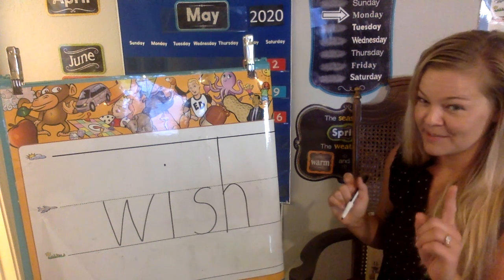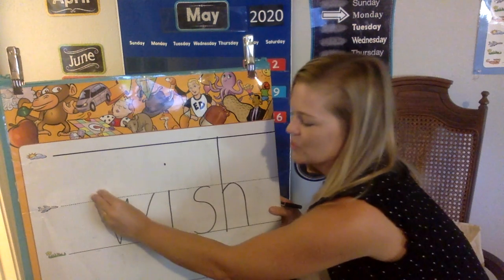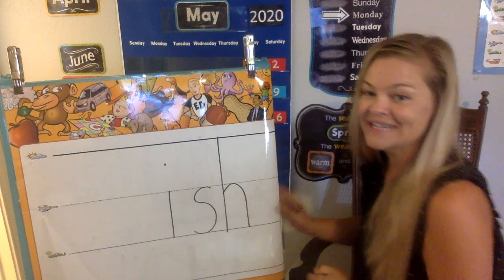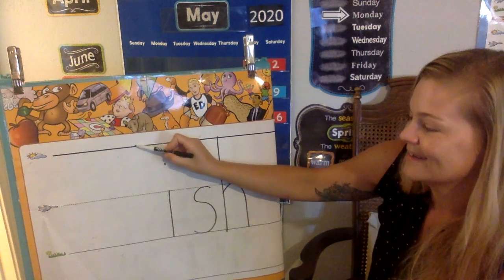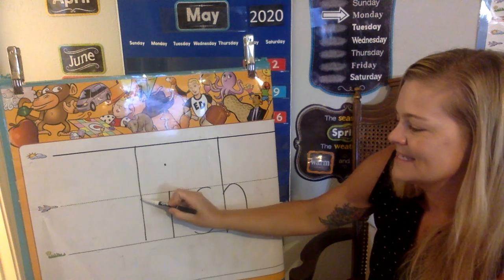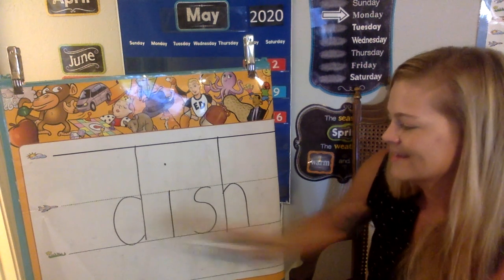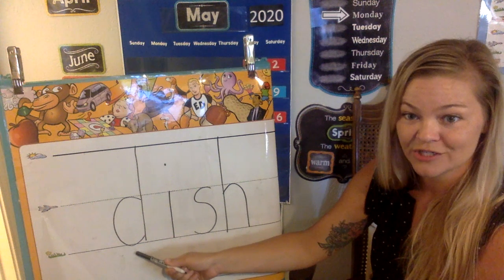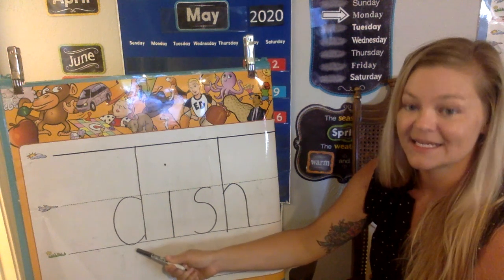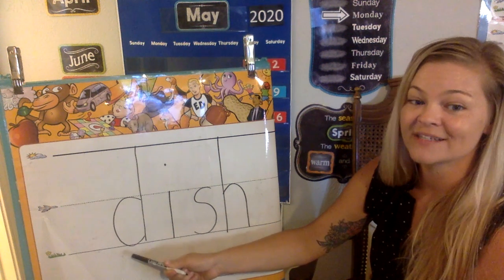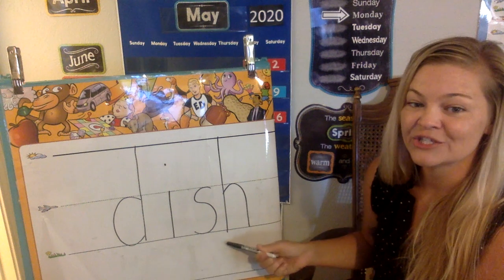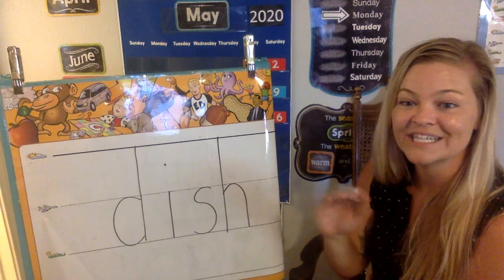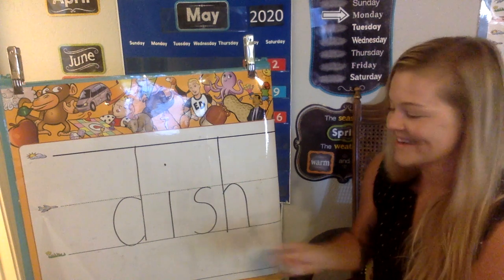Okay, we'll play the guessing game in just a minute, but now I want you to erase the W at the beginning and put a D at the beginning. Put a lowercase d at the beginning. What does this spell? So when it was a W, it spelled wish. We know D makes a D sound. So now it spells dish. Like I was cleaning the dish after dinner. Okay? All right,